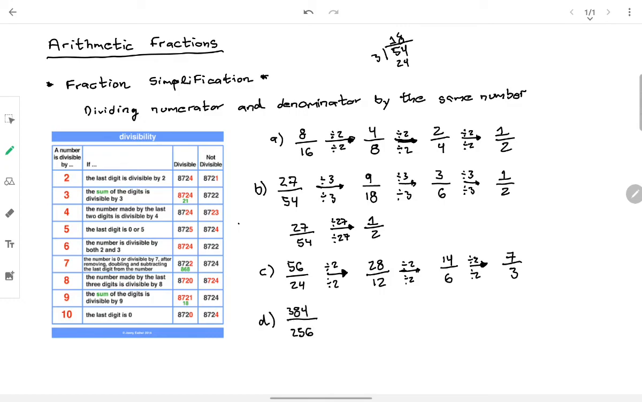The last one is going to be a little tricky. It's a big number, 384/256. The first thing we can do is divide this by 2, because both of them end in an even number. So that will give us 192/128. We can also divide it by 2, and that will give us